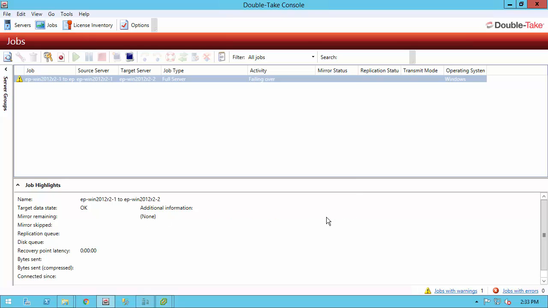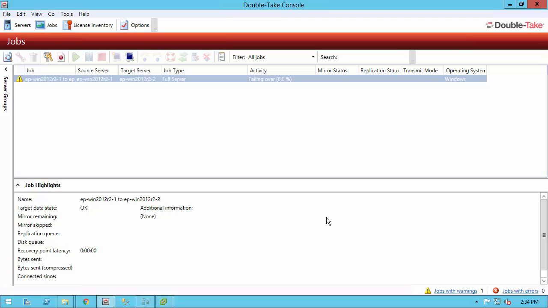What it's doing when it's failing over, the first thing it does, it combines two registries. It combines the source's software information with the target's hardware information and creates a brand new registry. This is how we truly support anything to anything. And then it's also going to move files from that staging-SSM folder that we saw. It's going to move that directly into the current spots, even though there are some files we still can't overwrite